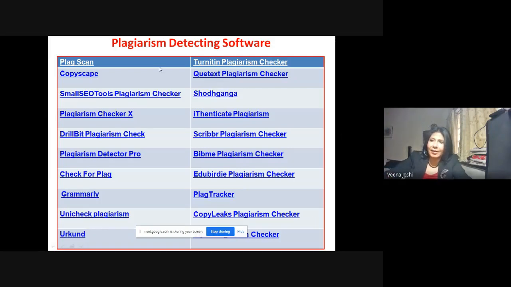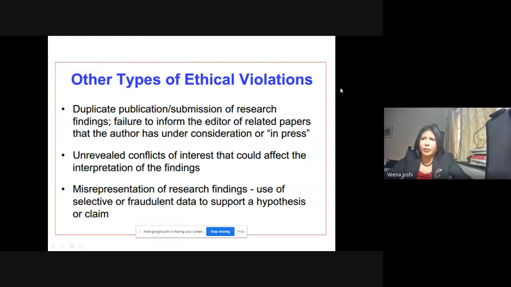But see, now look at this. Turnitin plagiarism checker is what I have in my computer. It's compulsory for us. That, and then university has to have a certificate before you submit your PhD. You have to have this certificate and they have to pass it. Okay. So now the software is there. They won't allow you to.